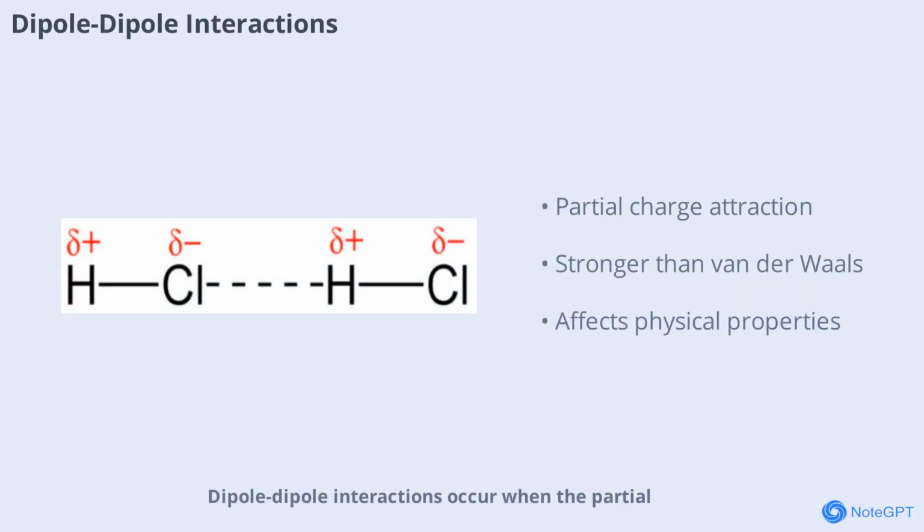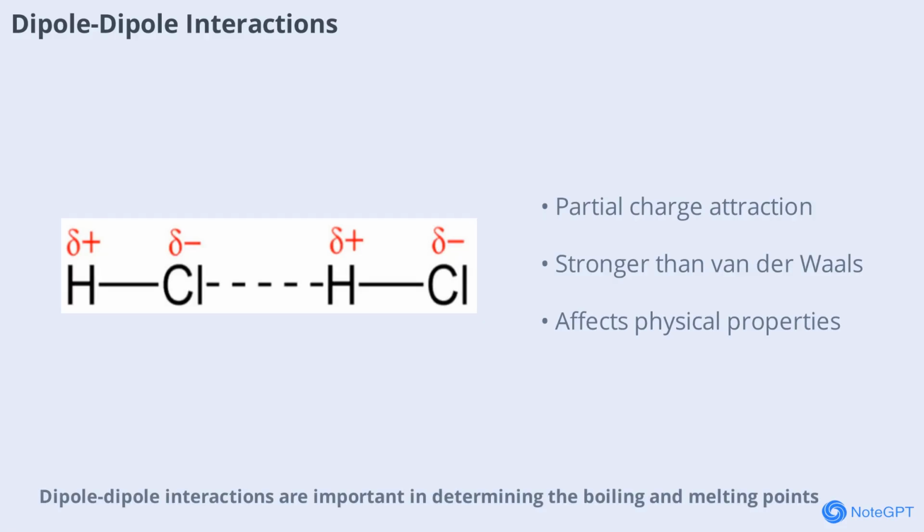Dipole-dipole interactions occur when the partial charges on polar molecules attract each other. The positive end of one molecule aligns with the negative end of another, creating a stabilizing force. These interactions are stronger than Van der Waals forces, but weaker than hydrogen bonds. Dipole-dipole interactions are important in determining the boiling and melting points of polar compounds and in the alignment of molecules